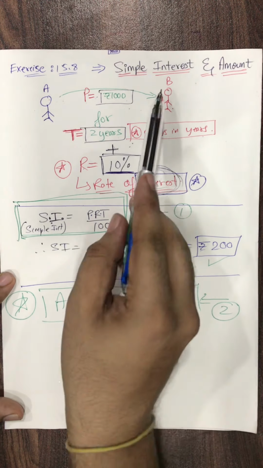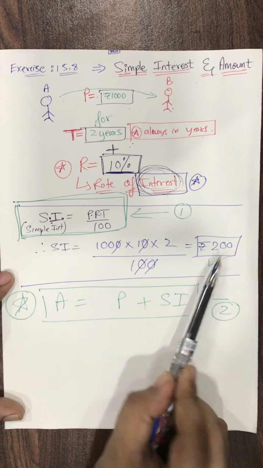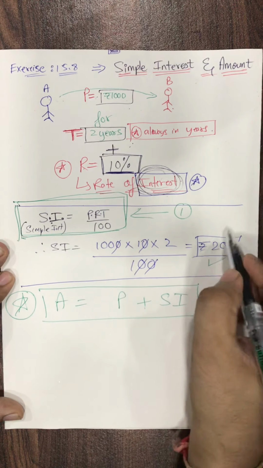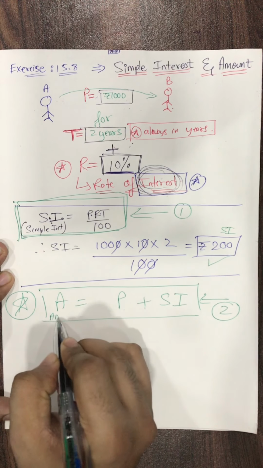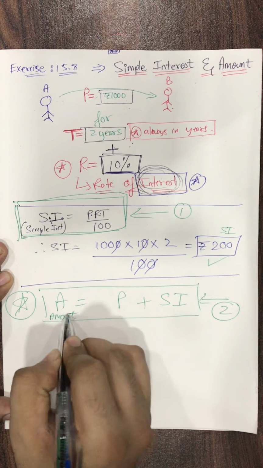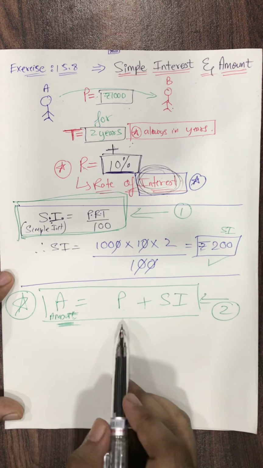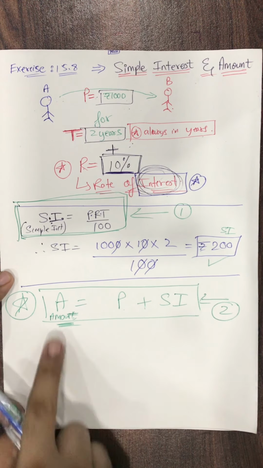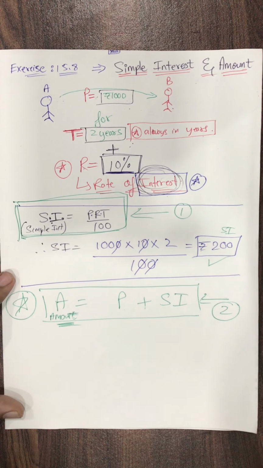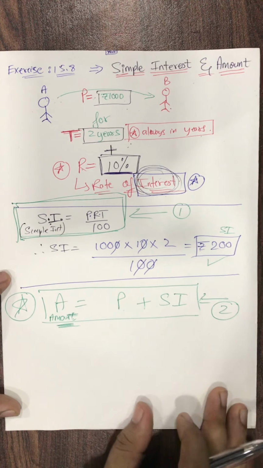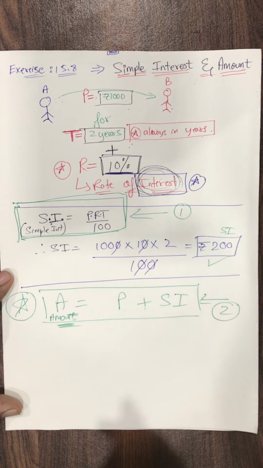Amount is equal to principal plus simple interest. See, don't rote learn. B क्या पैसा देगा A को? 1000 rupees plus 200, the extra money. This is called principal and this extra money is called simple interest. So principal plus simple interest is called the amount, the total amount. Capital A is allowed, abbreviation. So amount is principal plus simple interest. This formula also B knows because he has studied sincerely and he was submitting the internals very carefully to his sir in 7th standard. Understood, students? Okay, hope you all are realizing.